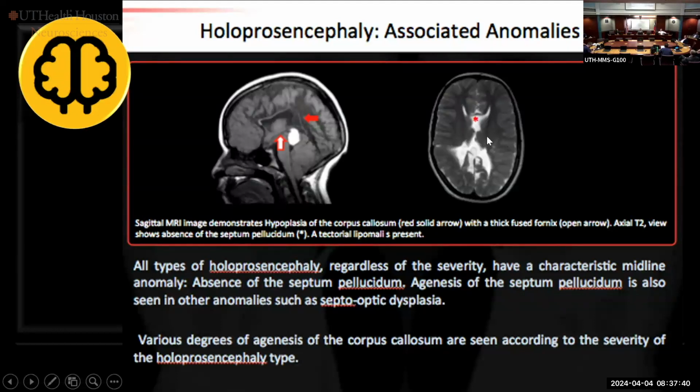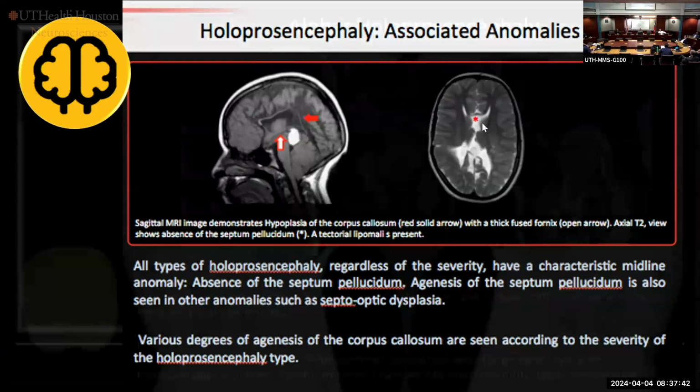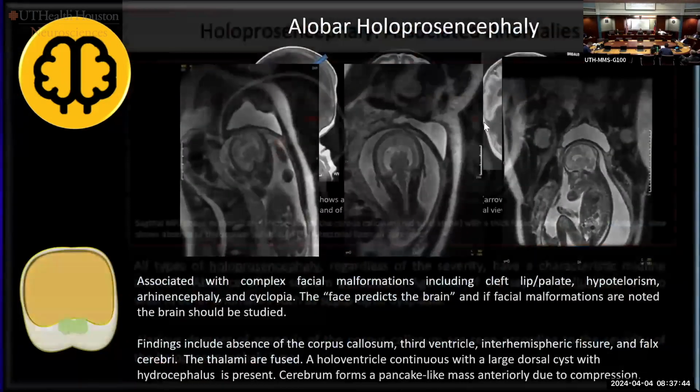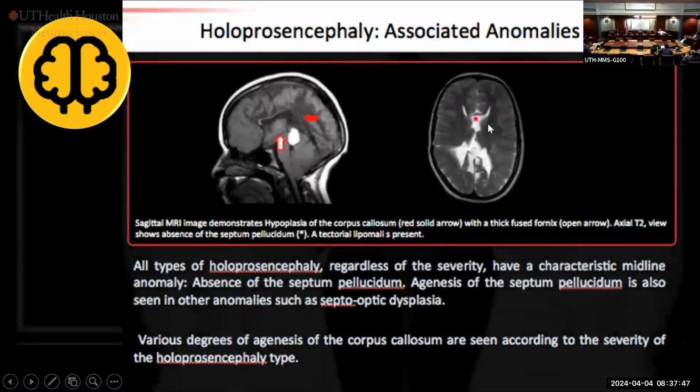So here you can see the typical longhorn. We're in Texas, we have to talk about longhorns. You can see the typical longhorn appearance of an absent septum pellucidum. This is the face, and here are the big longhorns, because there's a partial agenesis of the septum pellucidum in this case. But this is a kid that also has a very big atrium and posterior part of the ventricle, because he has some colpocephaly. And this is associated, you can see here, also with a